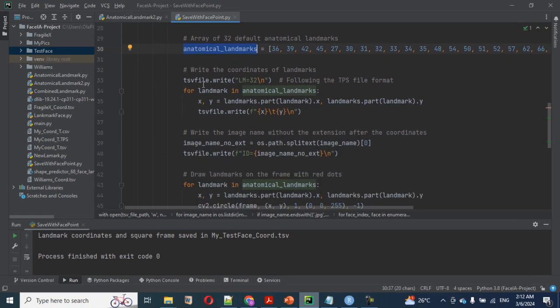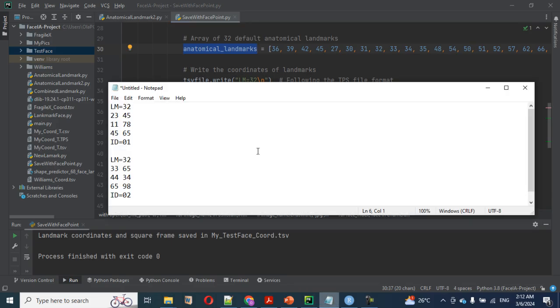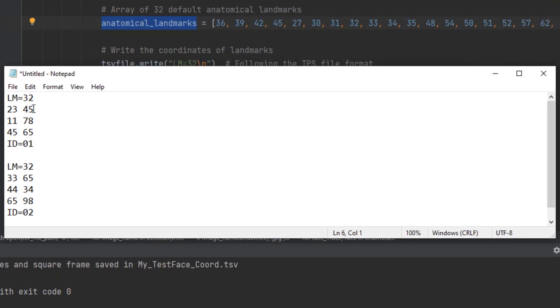Now I want to write the coordinates of the landmarks. tsv.write. I want to write in a tsv file, like I told you before. The other could be csv file.write. The same will work fine. All right. So I want to append these strings to it, because I want to follow this format I showed just now, so that I won't be doing extra work later. Okay, I just want it to be in this format, so that I just save it as my tsv file